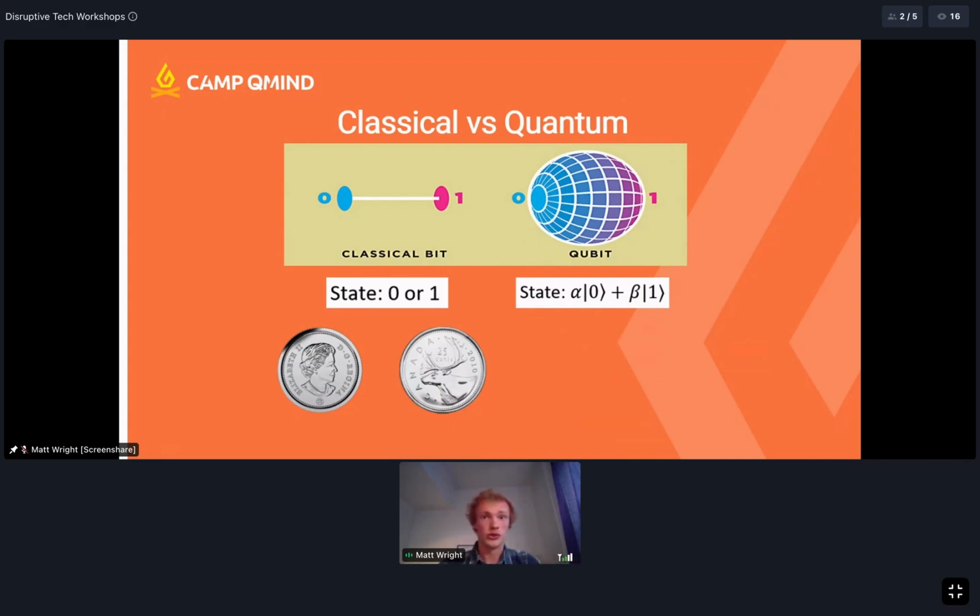So in the classical world, you can have heads or tails, right? That's the state. It's if it's a head or if it's a tail. In the quantum realm, it can be heads or it can be tails, but it can also be spinning. It's my little graphic. And that spinning resembles what a superposition is. It has a probability of being heads or tails, and it also demonstrates a quantum phenomenon called measurement.